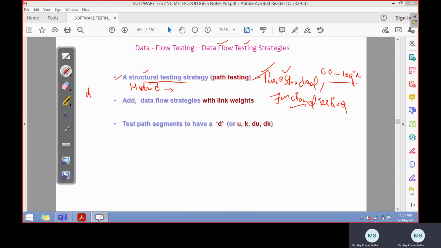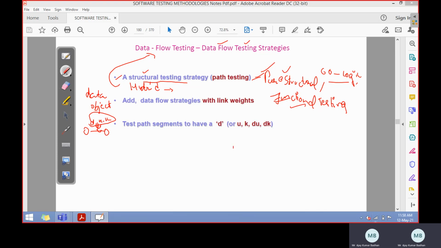It is not only focused on purely structural testing or functional testing or hybrid kinds of testing strategies that we can implement. Apart from that, it is also concerned about the data objects we are using, that is nothing but the variables. How these variables are represented in between the links. Here we are representing the variables as D, U, K, and so on. So how, using these letters, we represent the data objects is also a concern of data flow testing.